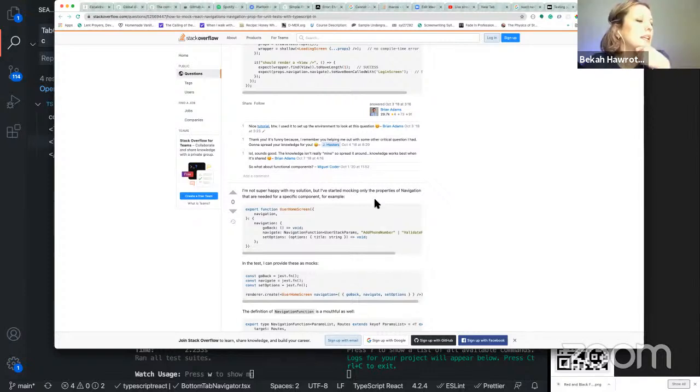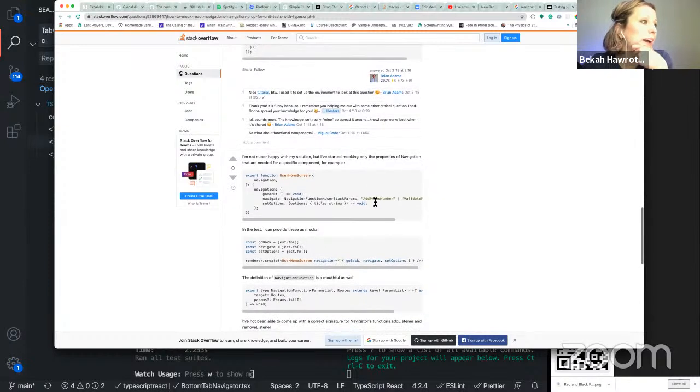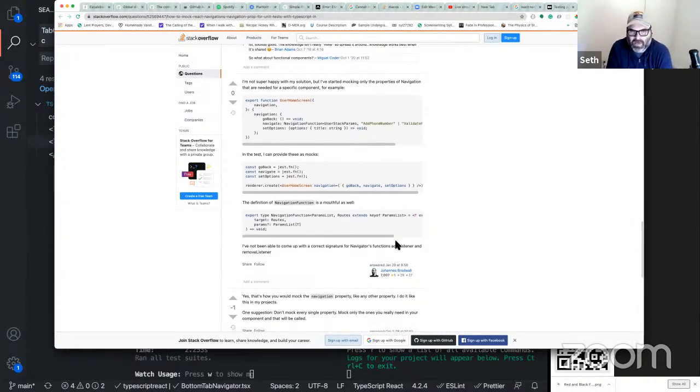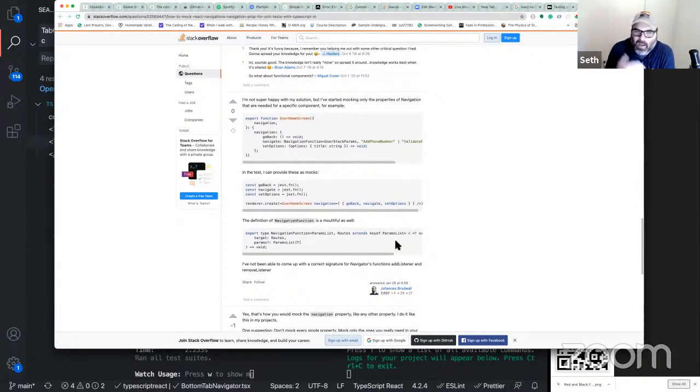Okay, so it looks like he's saying that he had to mock his go back, his navigate, his set options. Oh, okay. And then he's passing a function. So maybe this is what Nick was trying to get us to find. Like, if we were to go to the debugger, we'd probably see, oh, it's a function that's being passed.